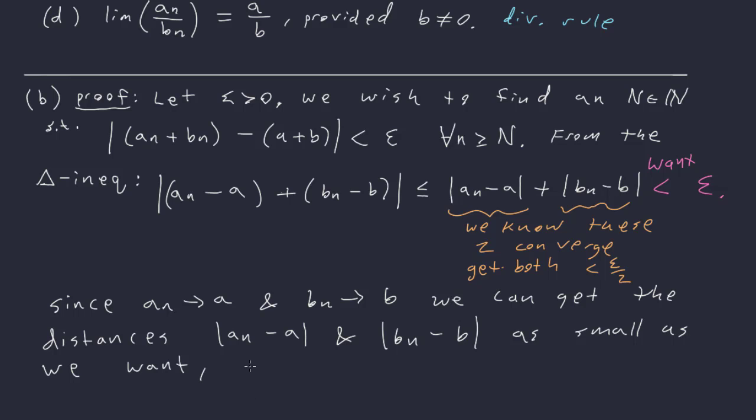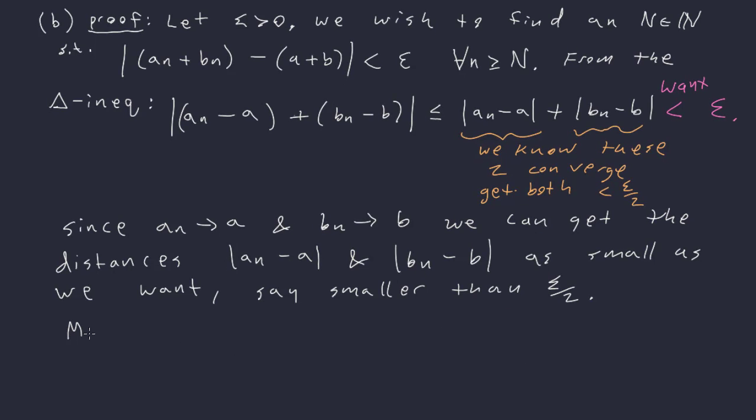Right? Say smaller than epsilon over 2, for example. It just happens to be the perfect thing that will work for us. So, to be more formal, and this is where I think people start to have issues with this stuff, because a lot of books kind of jump just to this next sentence I'm about to write, and they don't really write any of this stuff here. But more formally,